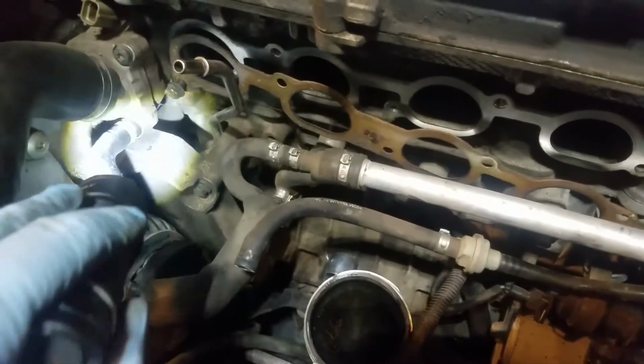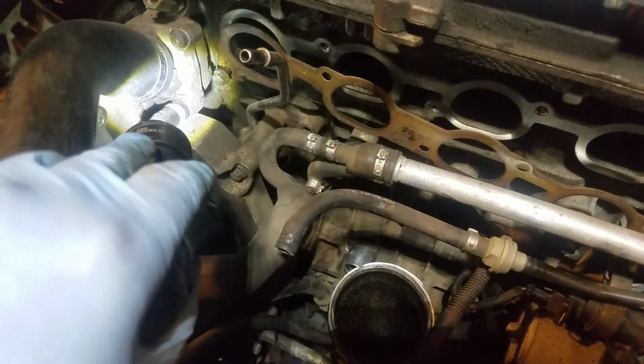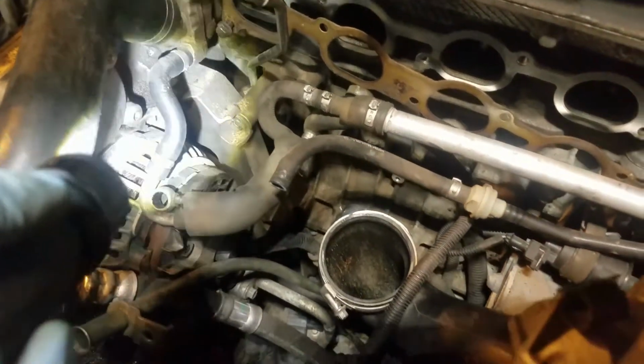Now this end is easy. It's just right there. That little piece right there. Not a big deal. The other end comes back over here, connects down right there, right in the center of the bright spot. That's easy. But the banjo bolt fitting